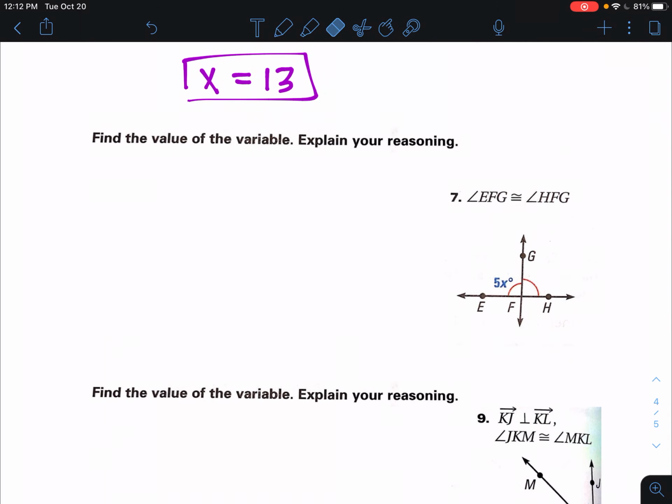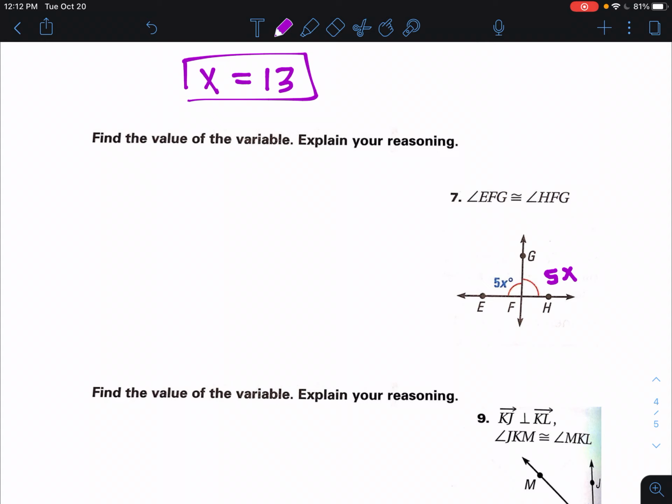All right, another example. Find the value of the variable given that EFG is congruent to GFH. So let me just write down in my diagram what I know. EFG is congruent to HFG, or GFH. So that means this is also 5x, right? So I can think about it this way: I know that these two together add up to 180, so I could add them together and say 5x plus 5x equals 180, but we just learned a shortcut